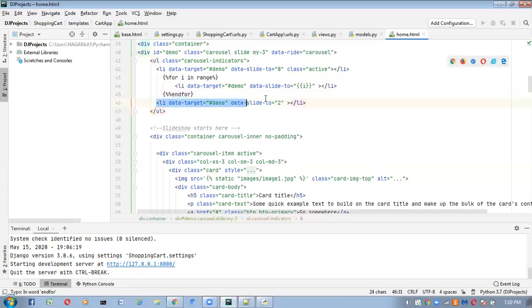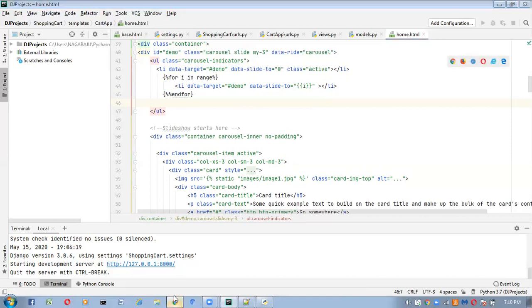So now this one is not required for me. Based on products, you will get the number of slides like this. For each slide in range, it will generate the slides. Now my slides are ready. Now let me check up to here once, to see how many slides in total you will get.